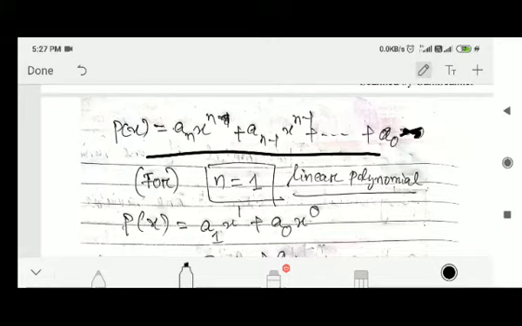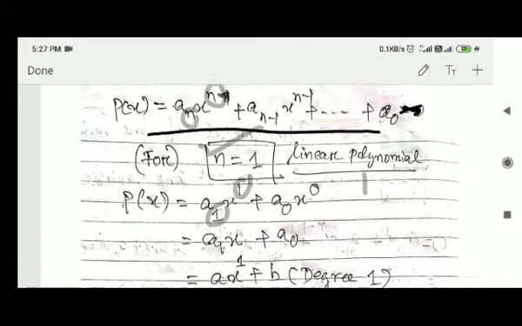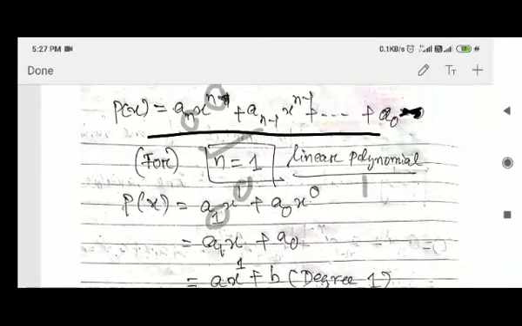and here if I am putting n equal to 1, if n value is 1, then it is a_1. In the place of a_n I can put a_1, and here in the place of n I can put 1. So it is a_1 x to the 1. Okay, converted. In the place of n I am putting 1. So a_1 here x to the 1. Similarly, after that, what? a_(n-1) x to the n minus 1.